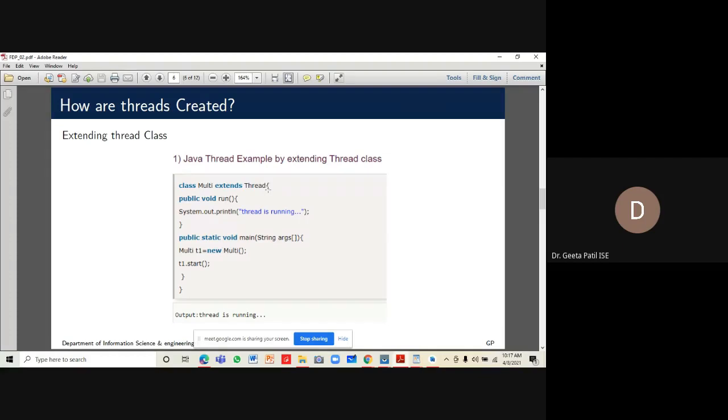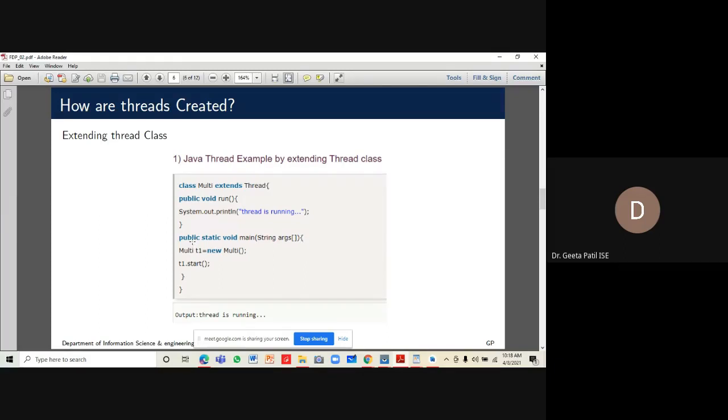It is derived from class thread, and in this class we have this run method, which is System.out.println, just printing the message thread is running. Here we are talking about the Java thread. Now we have in this class a main method, public static void main, from where the execution of the program starts in Java.